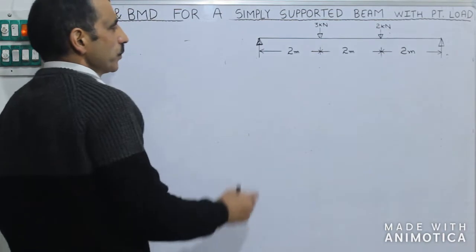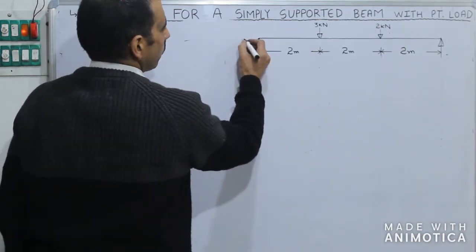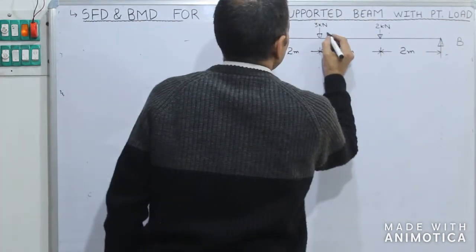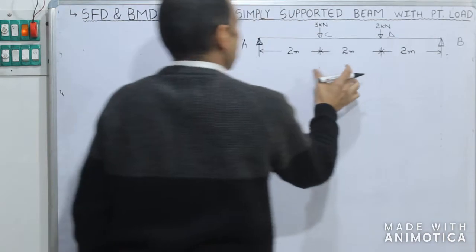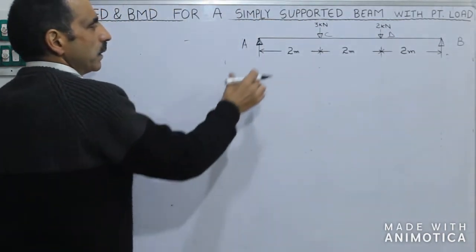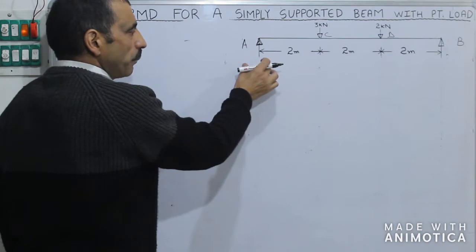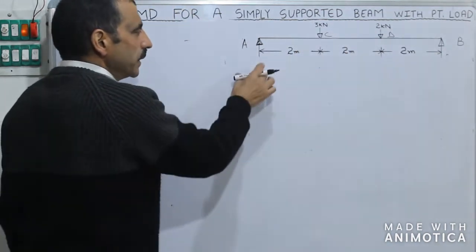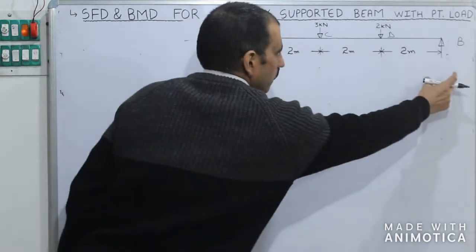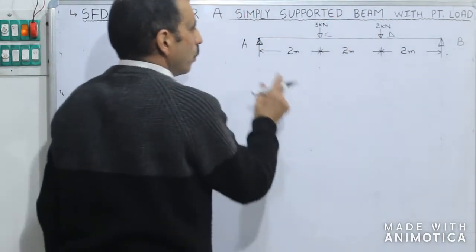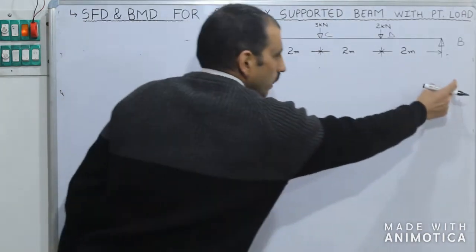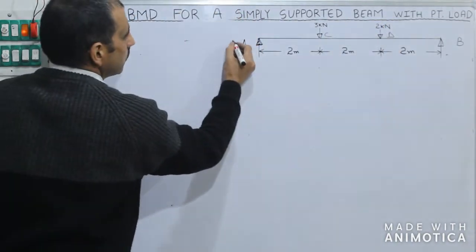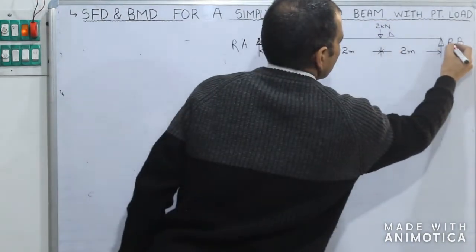Now, as per the usual procedure, I will label this diagram. It is A, this is B, right? This is C, this is D. Since in case of simply supported beam, the load taken by two supports is equivalent to sum of the loads taken by the beam. That means reaction at A plus reaction at B is equivalent to sum of the loads. Load taken by this support plus load taken by this support is equal to sum of loads. That means this is reaction at A, this is reaction at B.